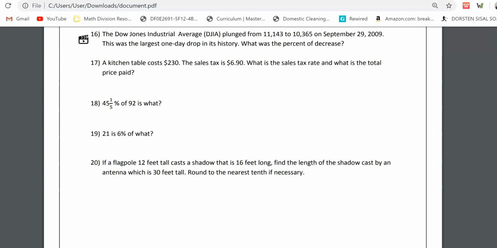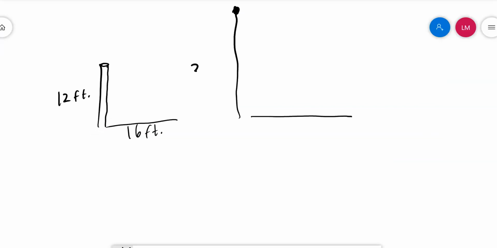No, find the length of the shadow. We don't know the length of the shadow, but the antenna is 30 feet tall. We're looking for the shadow of this, okay? So the lines on the ground are the shadows. All right, so we're going to do 12 over 16 equals 30 over